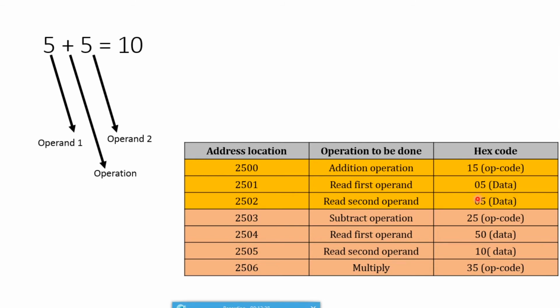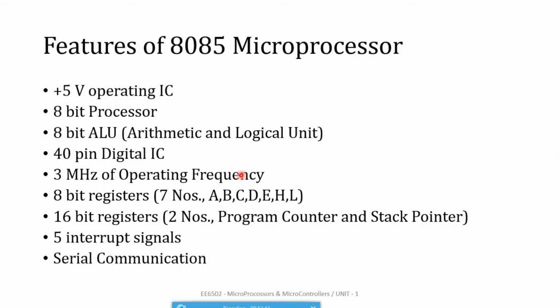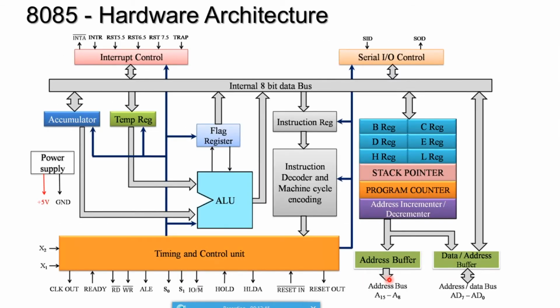This is the whole memory we have connected with the 8085. What we have to do is initiate the microprocessor by giving this starting address. Okay, we have given the address. Let us assume the microprocessor works this way: the address higher order bus sends the higher order address, and this is higher order, this is lower order.